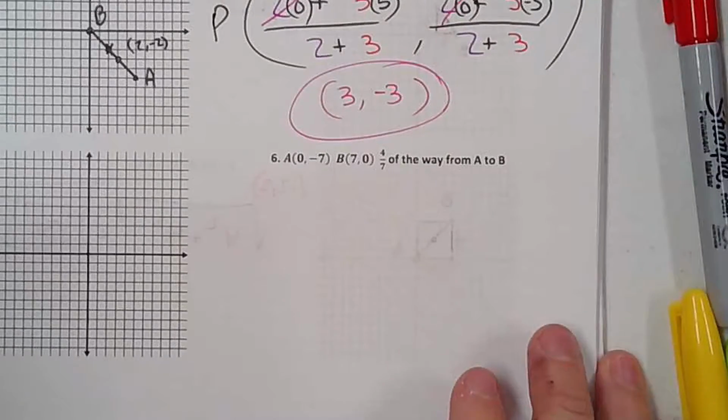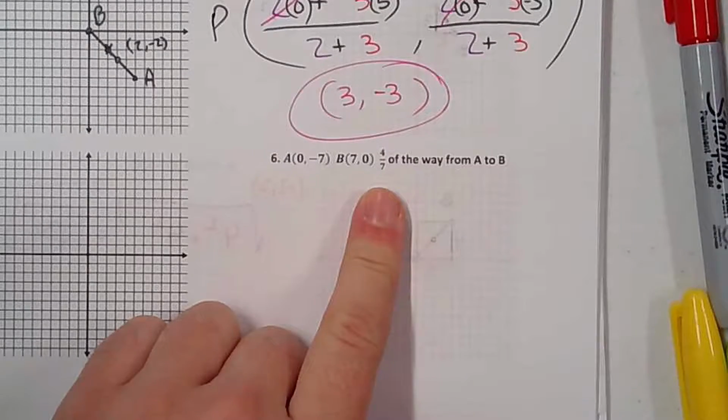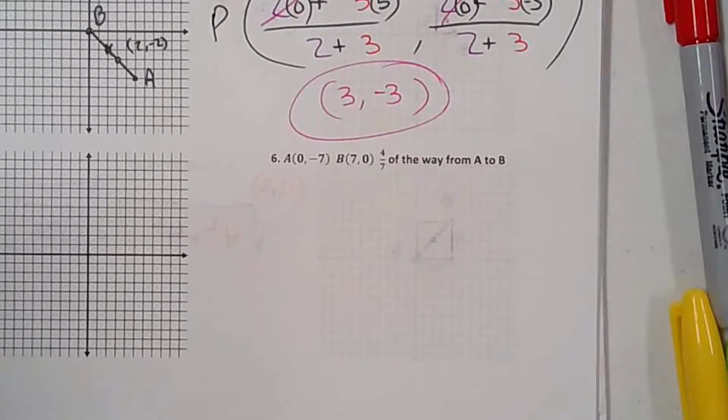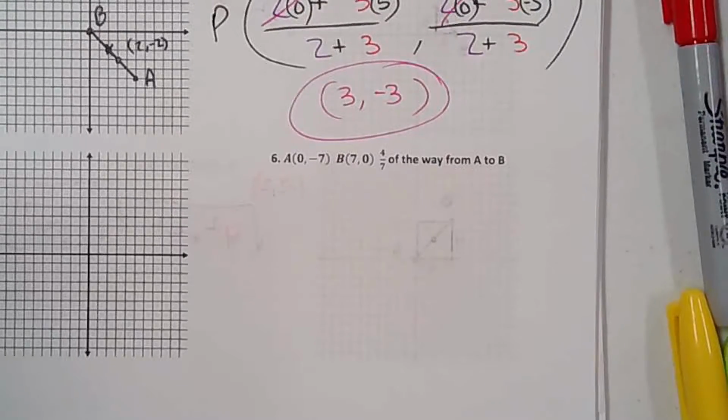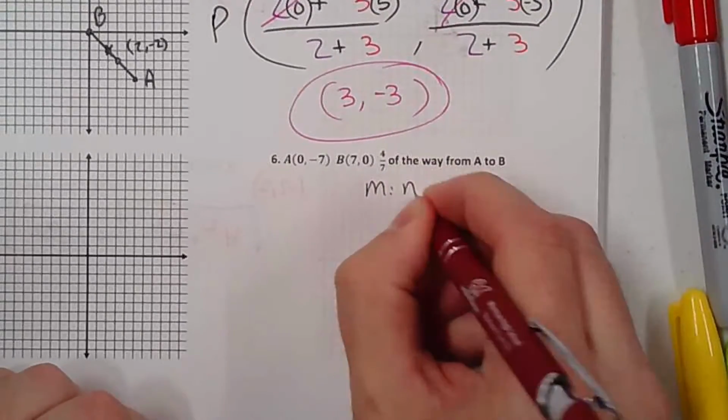All right. I'm not going to do number 6, but I am going to show you how to get the ratio, right? Because that's the difference between all the others, right? So they give you a fraction. They say, I want it 4/7 of the way between something, which I feel like is how most people talk, right? Like halfway between things, a third between things. So we need to know how to convert this to a ratio because m and n are always in ratio